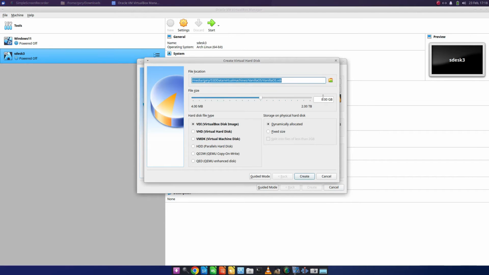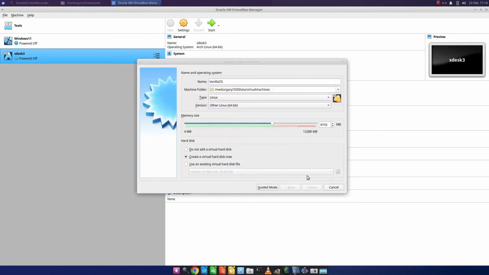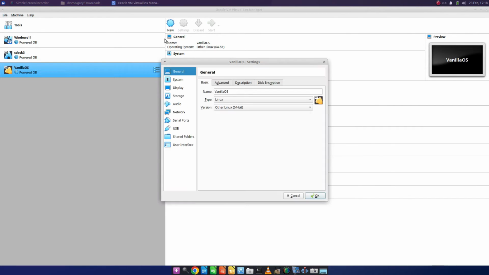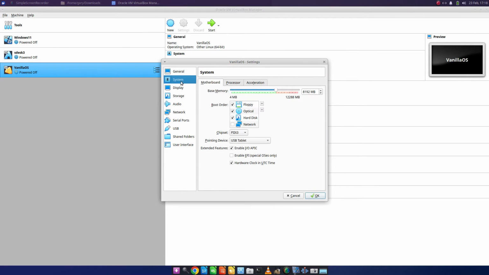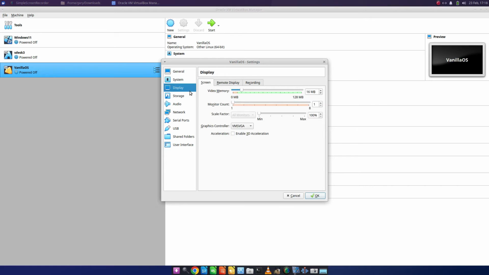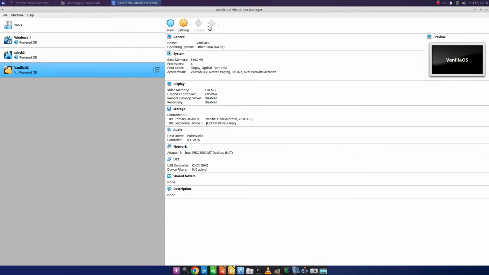Now my hard drive this time I'm going to make 75 gigabytes. So that's 25 gigabytes per root partition I'm creating, and then 25 for other stuff that you might want to use. I'm going to go into settings. I'm going to go to system, processor, ramp that up to the 4, and ramp my display up, and away we go. So I click start here,